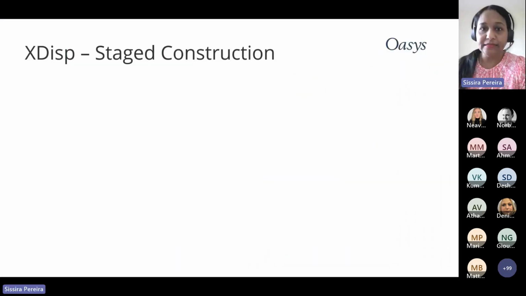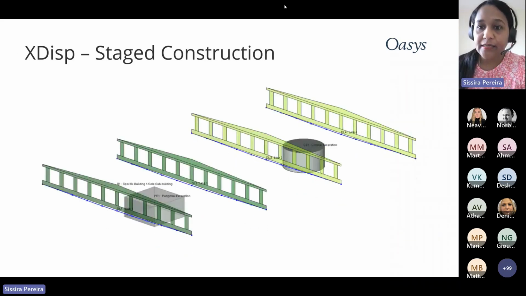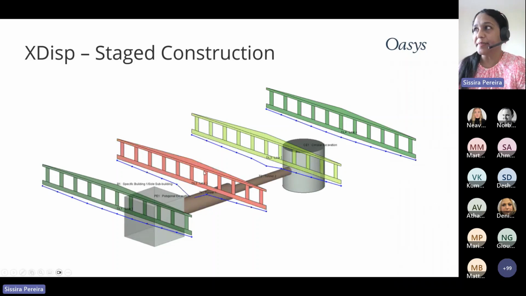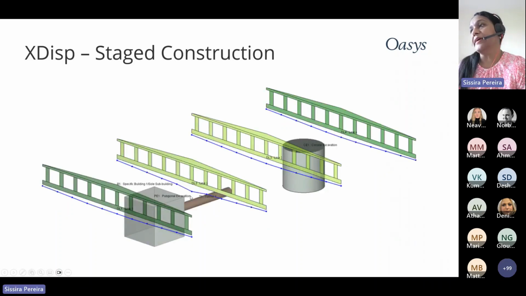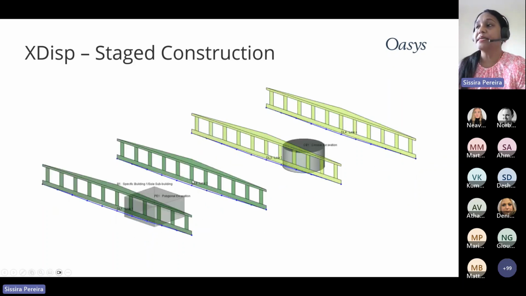Which shows the staged construction. XDisp allows modeling of stages in construction. So if you look at this GIF, you can see that when the pilot tunnel is drilled, the second building was still green, and when the next stage of the tunneling, the diameter has increased, the building becomes red, which means it is going to the severe